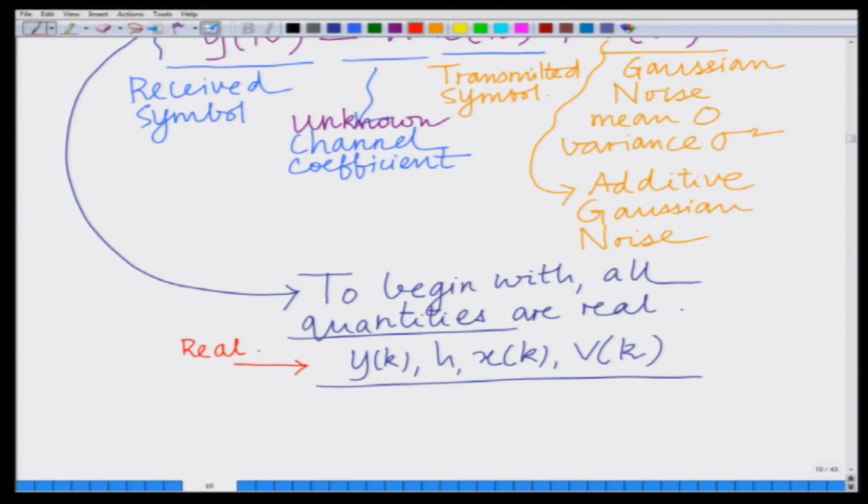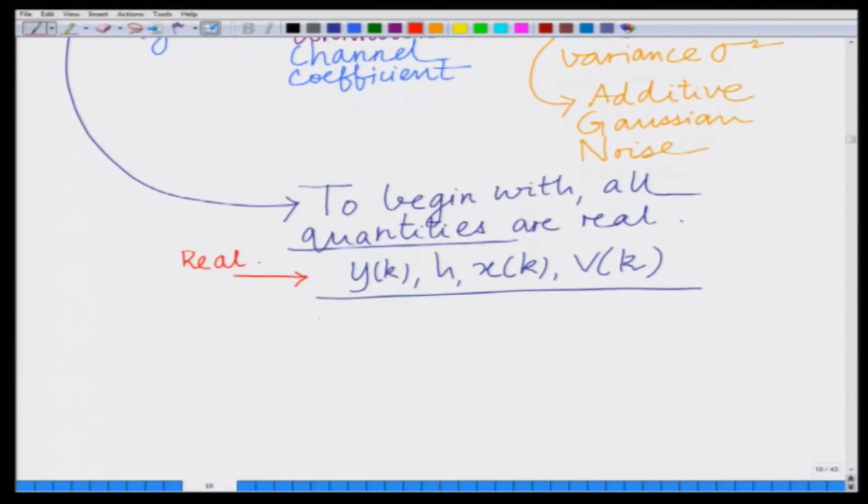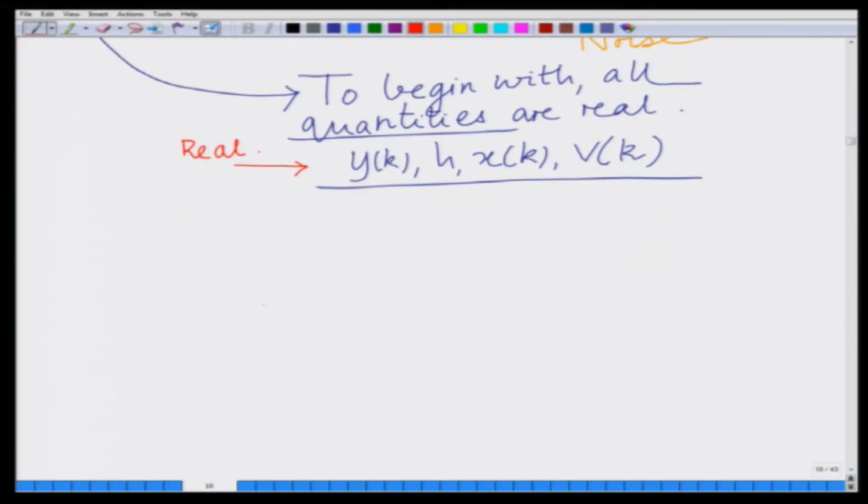So, to begin with, let us understand how to estimate the real parameter, how to estimate this channel coefficient h when h is a real parameter. And one of the most popular schemes for channel estimation is what is known as pilot or training symbol based channel estimation, and that can be described as follows. So, let me rewrite this system model or this equation over here again. We have yk equals h